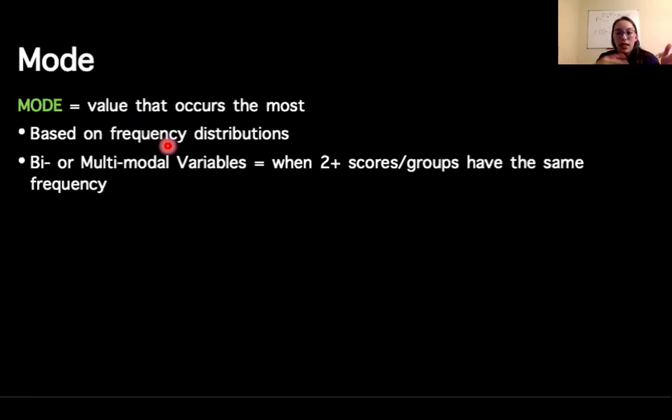And you look at, okay, how many people do I have in each of those groups, or at each of my values? Whichever value on that x-axis occurs the most, that is the mode of your distribution, or the mode of your data, okay? There are some times where you might have bimodal or multimodal